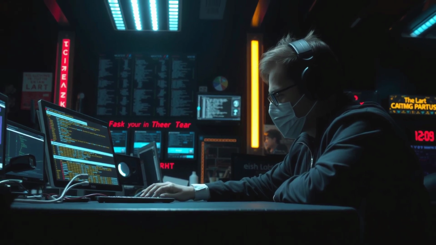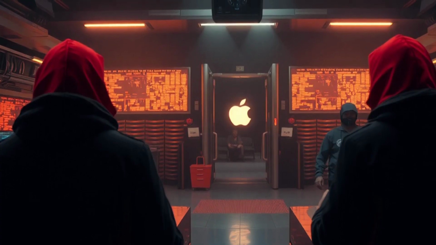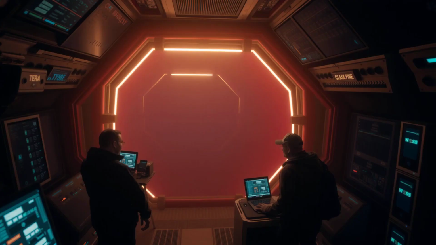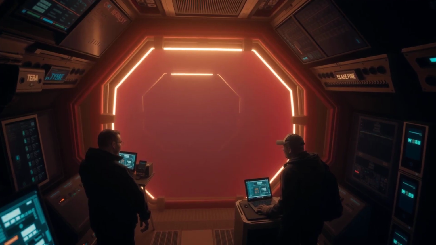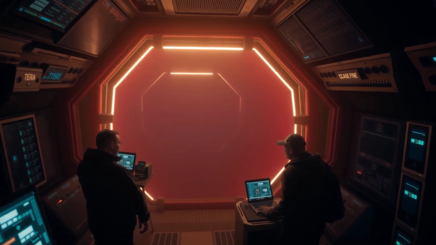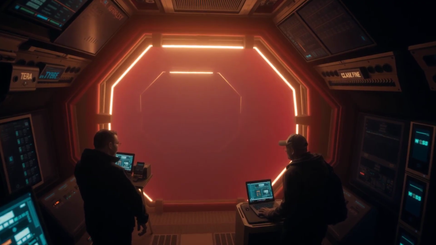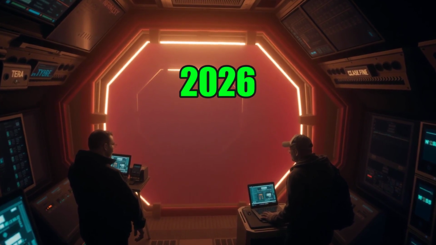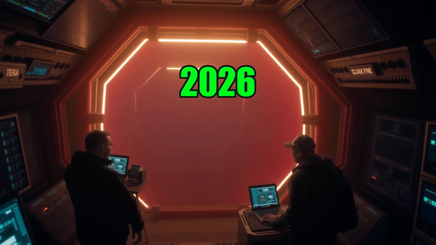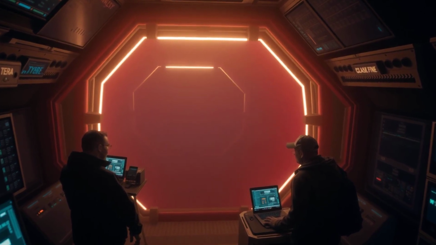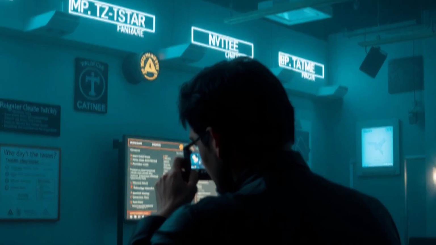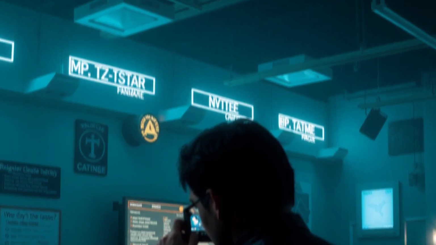It's a testament to both the complexity of modern software and the skill of the attackers who finally found and weaponized it. The day after Apple released the patch, the US government got involved. The Cybersecurity and Infrastructure Security Agency, CISA, officially added CVE-2026-20700 to its known exploited vulnerabilities catalog. This isn't just a suggestion, it's a mandate.